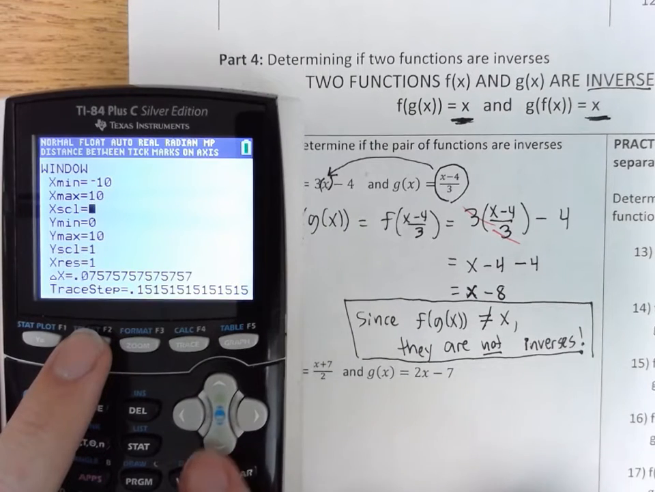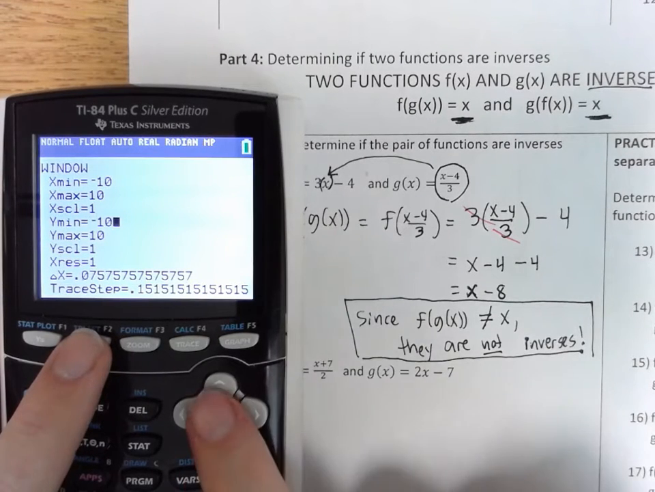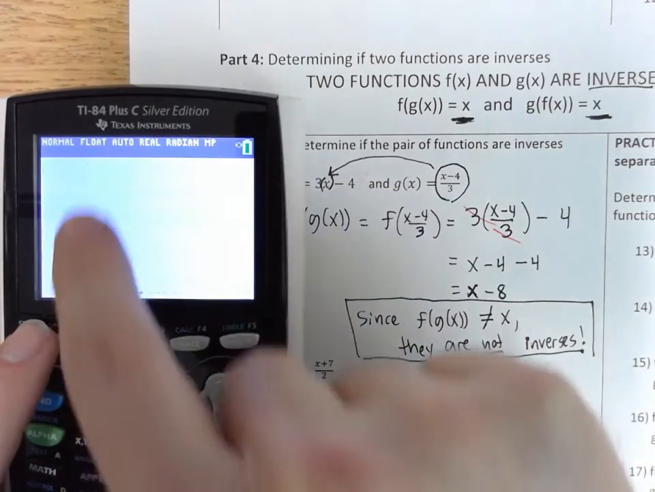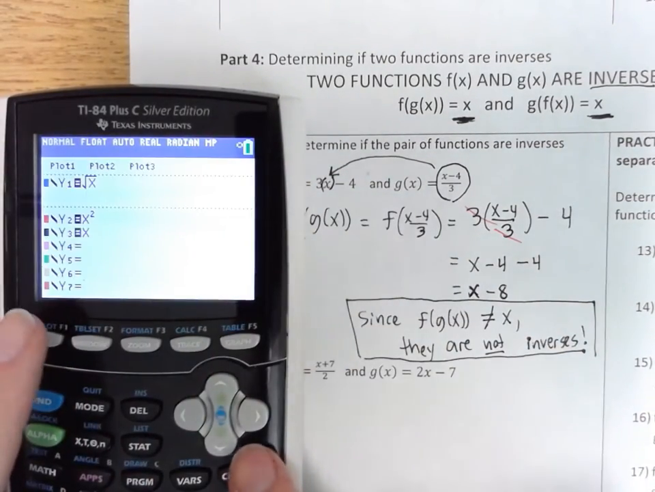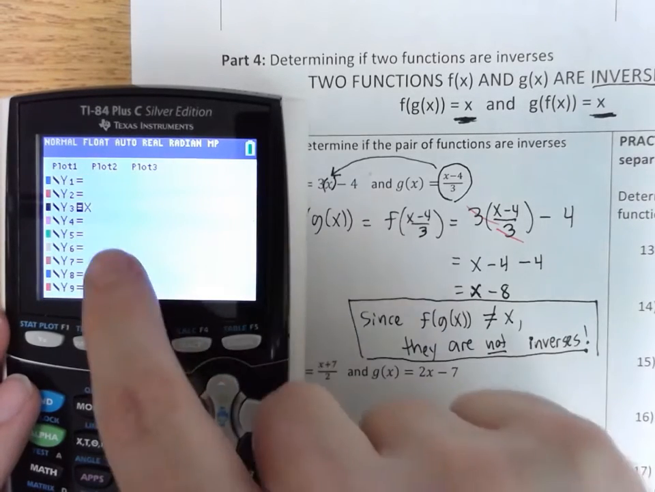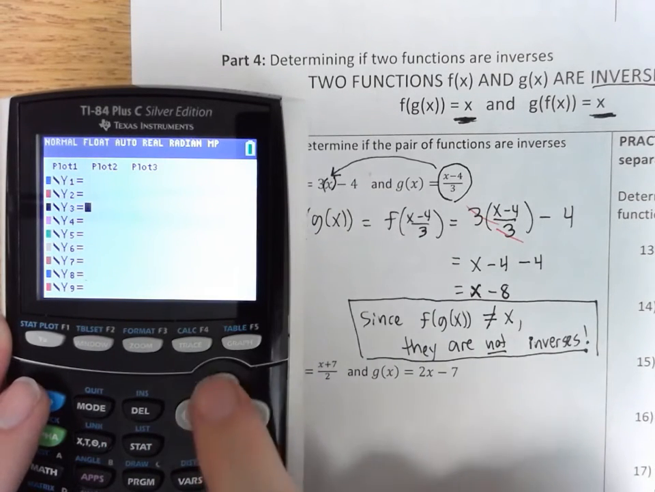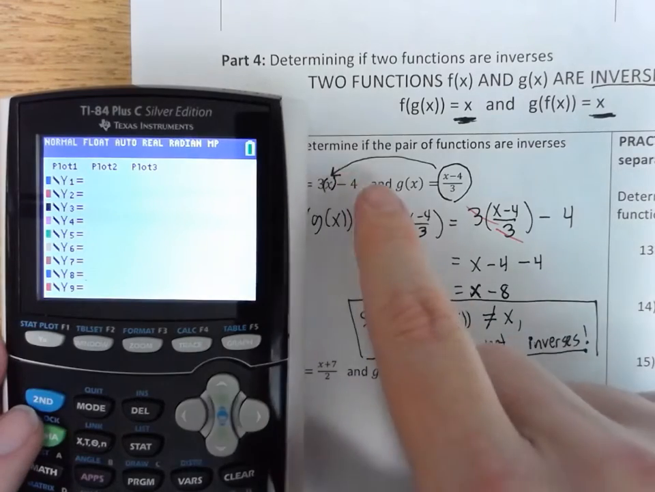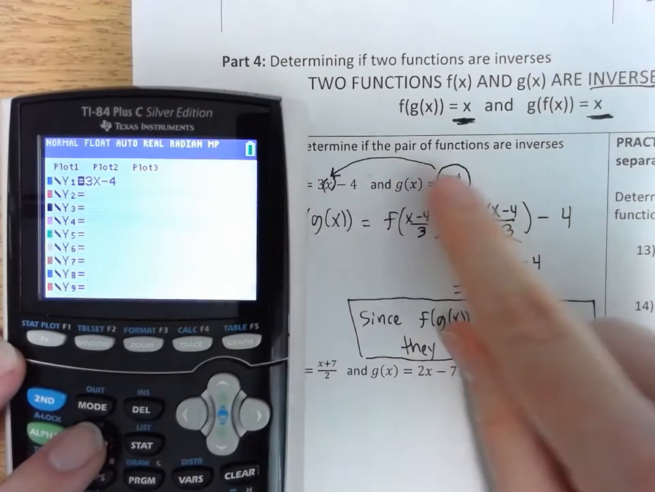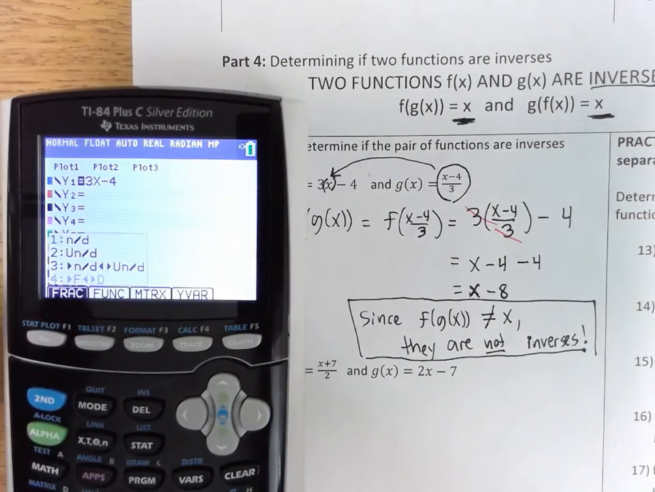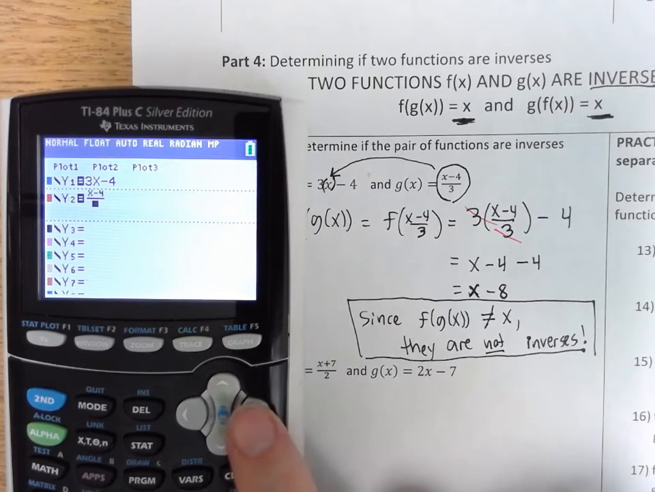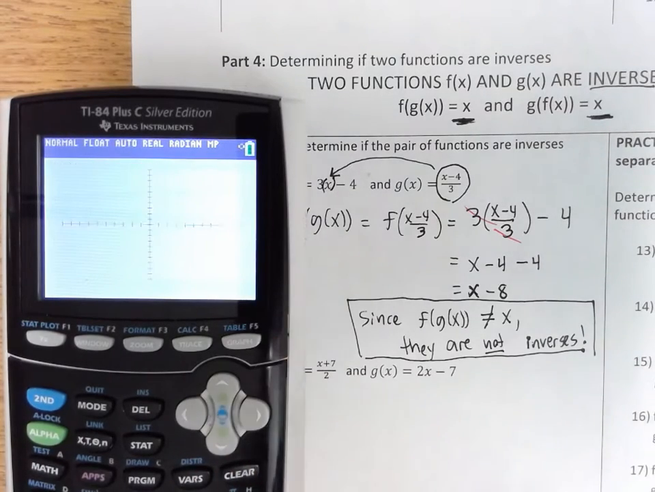And for my min, I'll do negative 10 for x min and negative 10 for y min. That's the window button, and you can just change your window settings. So I'm going to go in and put these two functions. Let me take the x out for a second. If I put 3x minus 4 into y1, and I use my fraction menu, alpha y equals, x minus 4 over 3 into y2, and if I press graph,